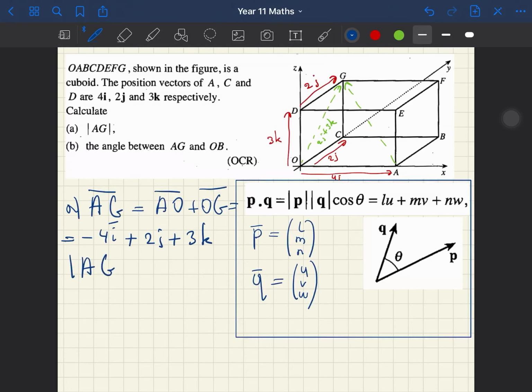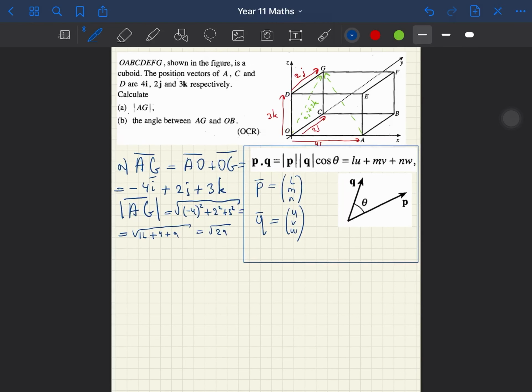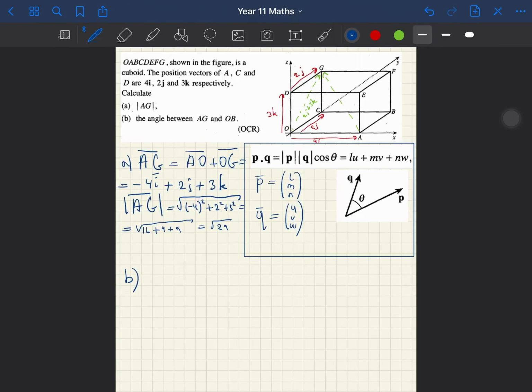Then the size of AG, the magnitude of AG, is equal to square root of minus 4 squared plus 2 squared plus 3 squared, which would be equal to square root of 16 plus 4 plus 9, square root of 29, still the same, yeah? And then the angle is probably going to change. The angle between HE and OB, so again,